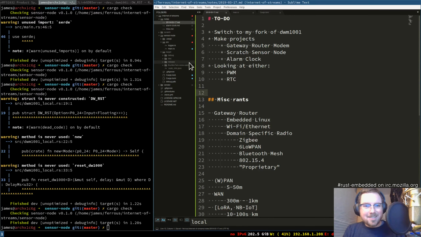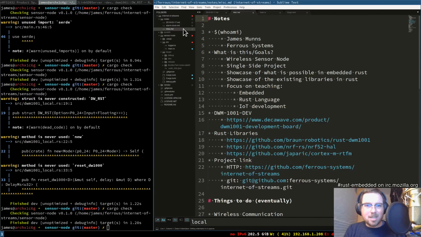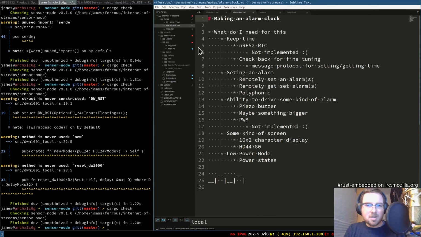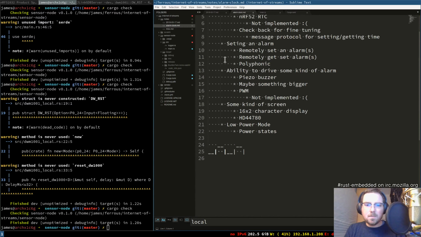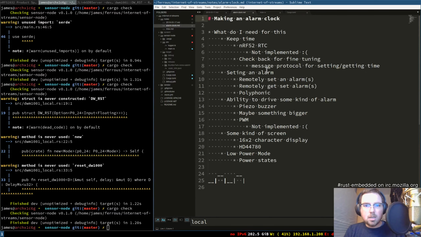What did I have that? That was an alarm clock. Let's do that so I'm not silly and don't forget. I also am using a new version of Sublime Text, and this is your little Git notifications. I actually really like this instead of the Git gutter. Well, I guess it has the Git gutter too, but